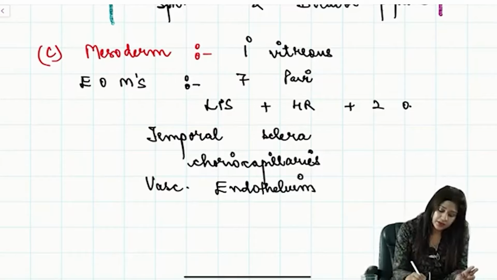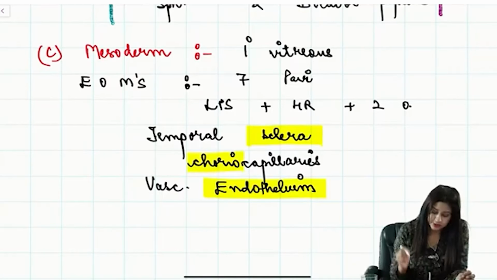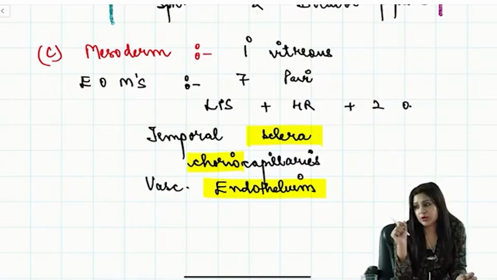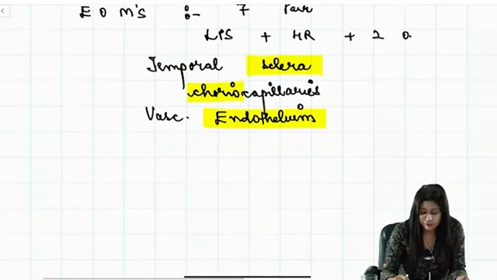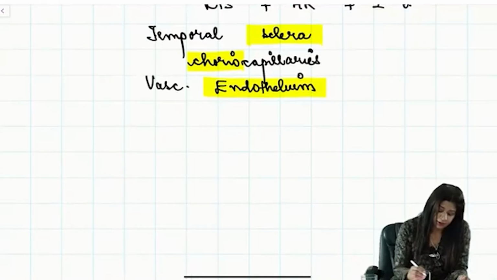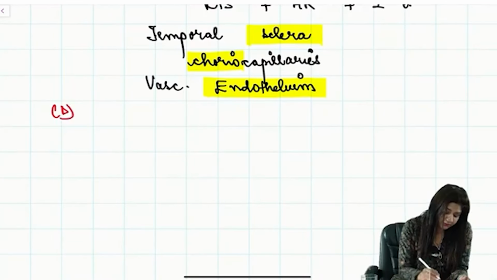Now here we have to mark the sclera, choroid and endothelium, because these 3 things will also come from neural crest. That is why I am marking these 3 things, because part of the sclera, part of the choroid and part of the endothelium will also come from the neural crest. Like for example, if I write the neural crest here,